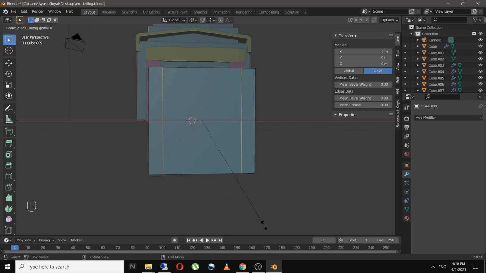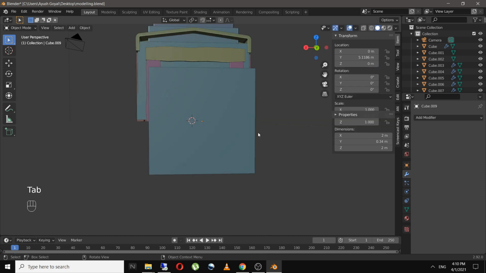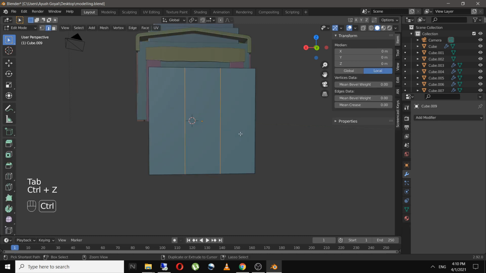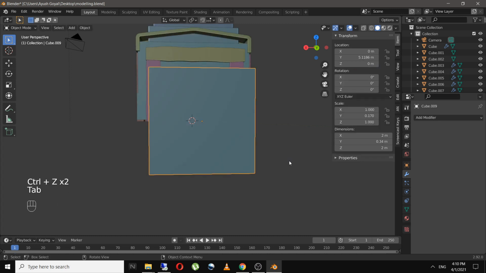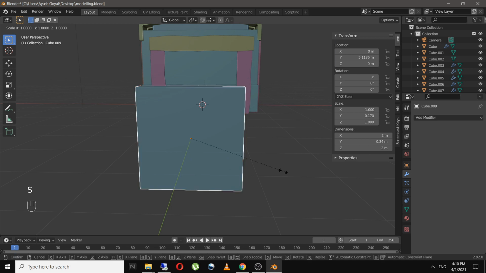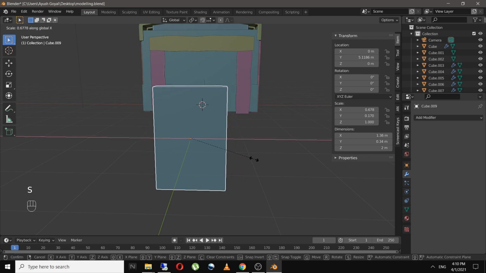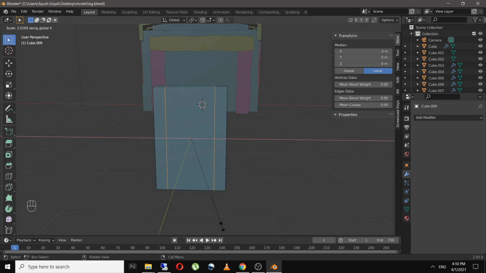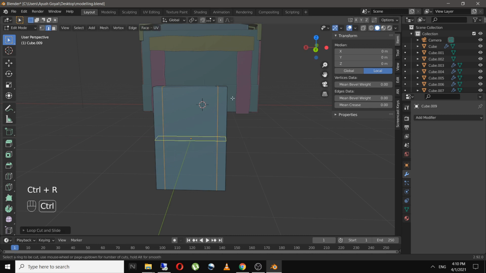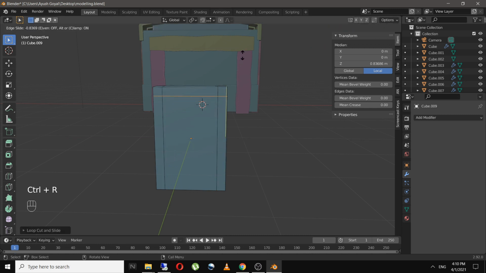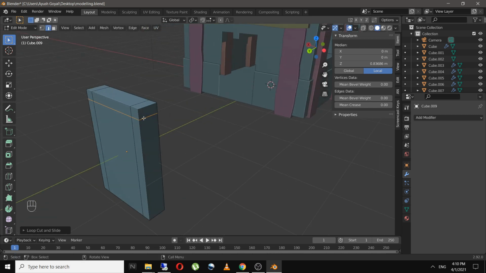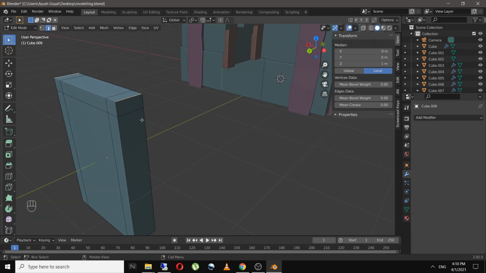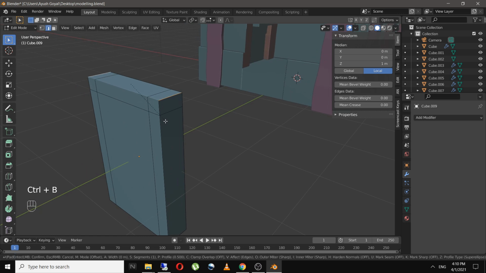I'm going to add in two edge loops over here, and one over here. And now I will select these two edge loops and bevel it.